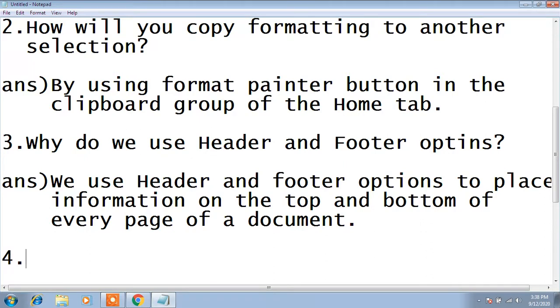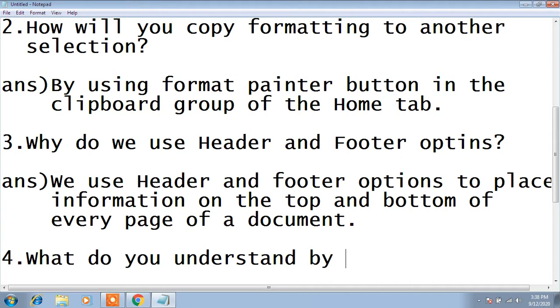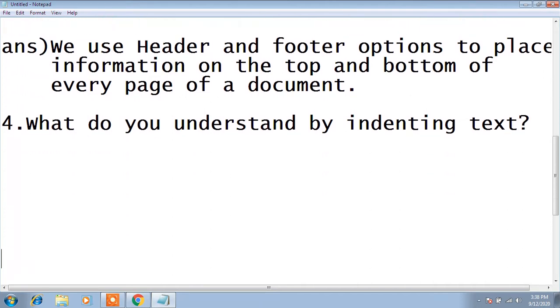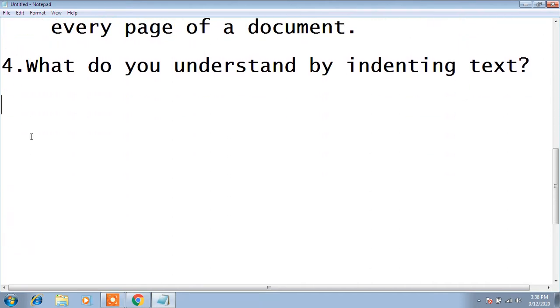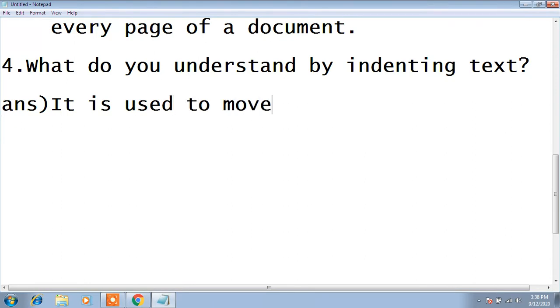Now the next question is, what do you understand by indenting text? So the answer for question number 4: it is used to move the complete paragraph